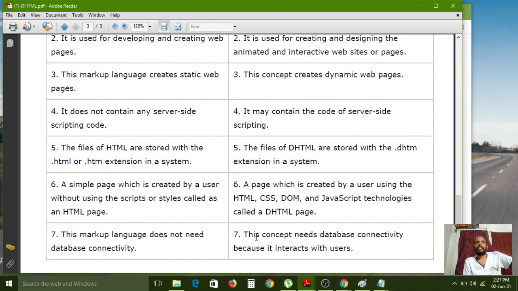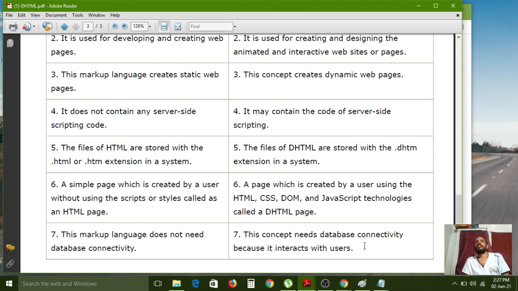That means the user details need to be stored in some other place, so the application must communicate with a database. DHTML compulsorily needs a database to store the information collected from users. But HTML only defines a structure.